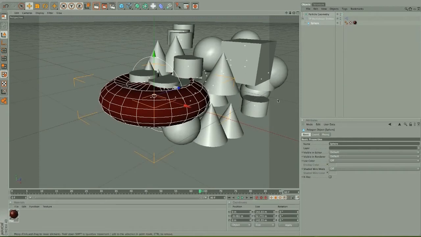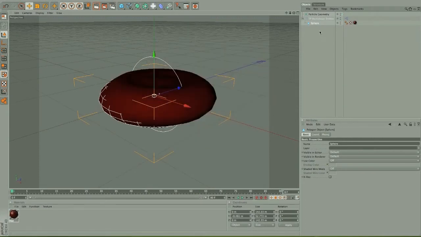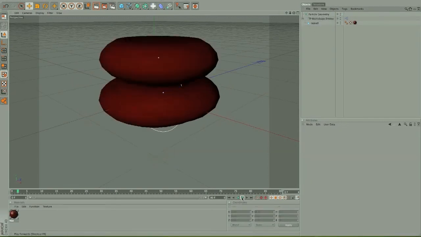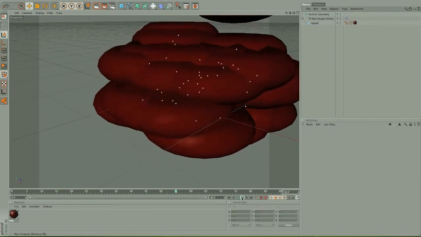And by the way, if you would like to have white cells as well and maybe an infection, you can of course just duplicate that sphere and make a new material for it so that you can have infection and all kinds of cells. I'm just gonna call this red cell. If you play now, you're gonna see there's a lot of particles,